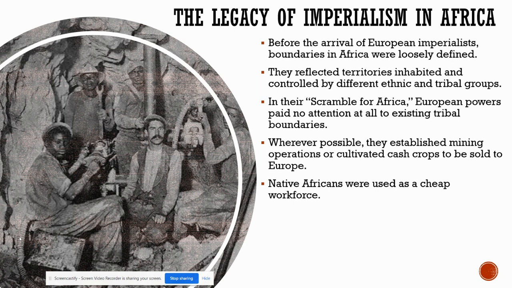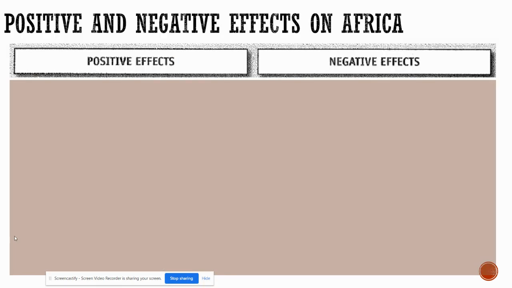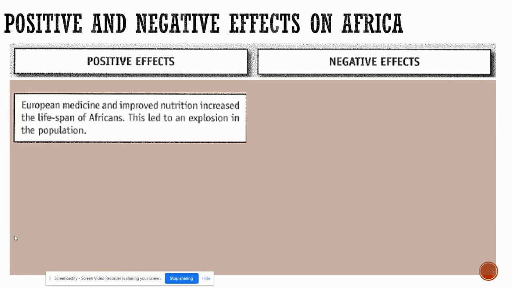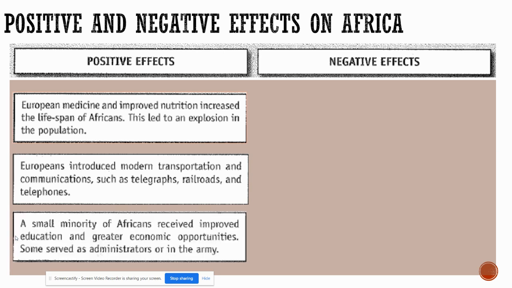Native Africans were used as a cheap labor force, just like they were in India. And Europeans also introduced advanced Western technology and ideas. So, some of the positive and negative effects on Africa of imperialism. Positive effects: European medicines improve nutrition, increase lifespan of Africans, but you always have the flip side of that. That leads to a population explosion. Europeans introduced modern transportation and communications such as telegraph, railroads, and telephones. A small minority of Africans received improved education and greater economic opportunities, and some served as the administrators in the